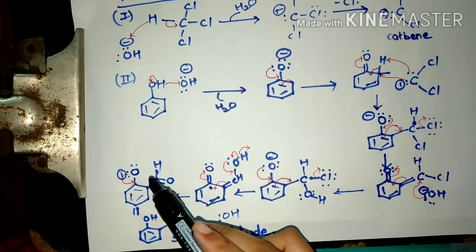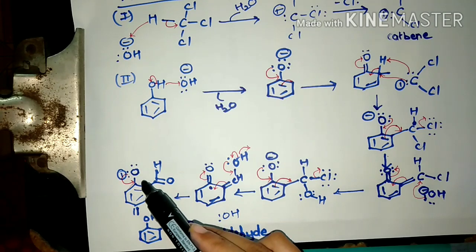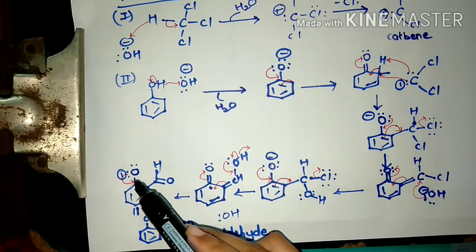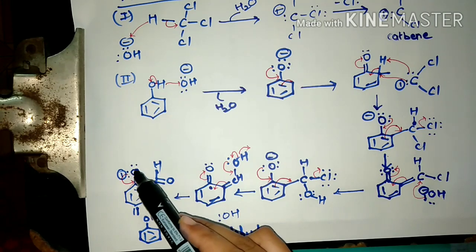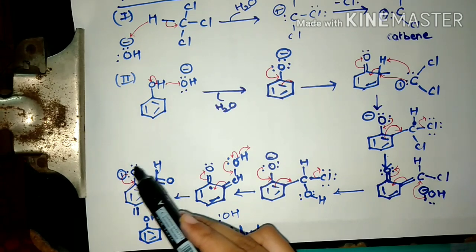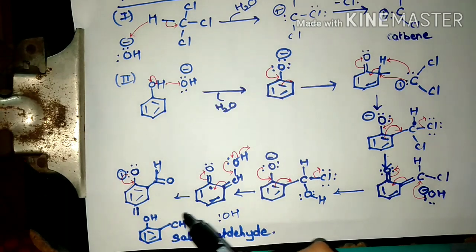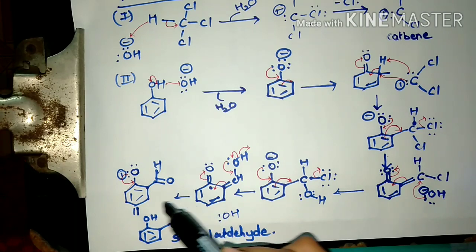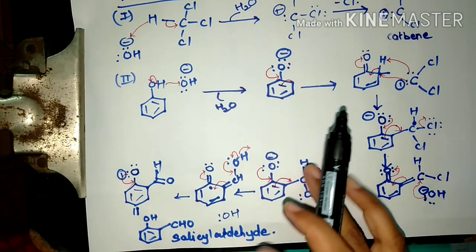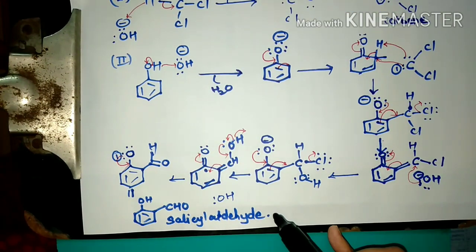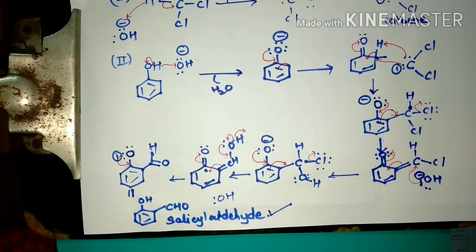Now protonation takes place, okay, and this O minus becomes OH, and there will be formation of salicylaldehyde. Okay, so this is your product salicylaldehyde, and here we are finished with the mechanism of the Reimer Tiemann